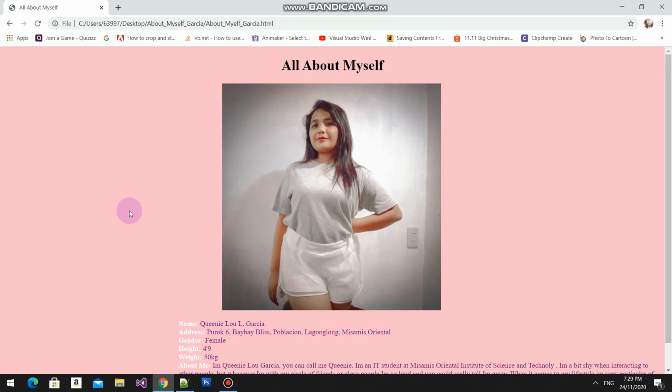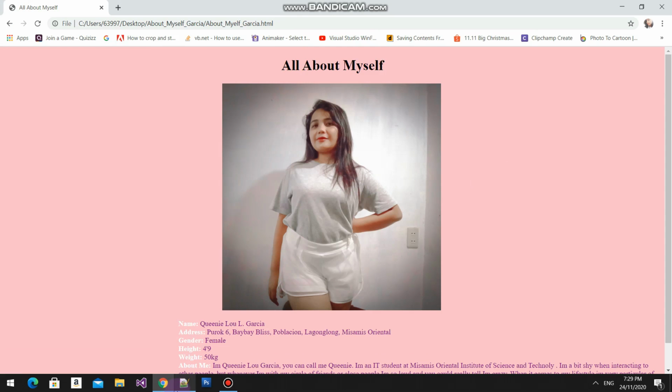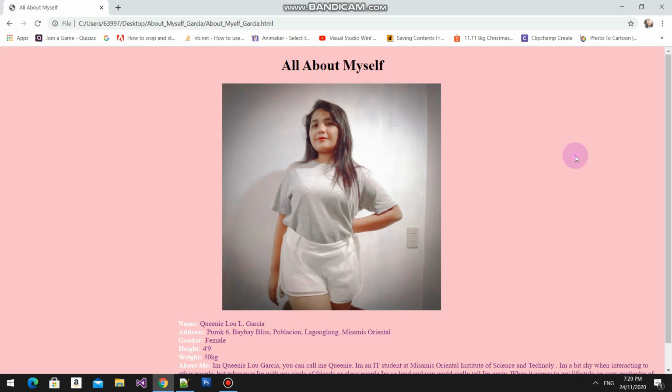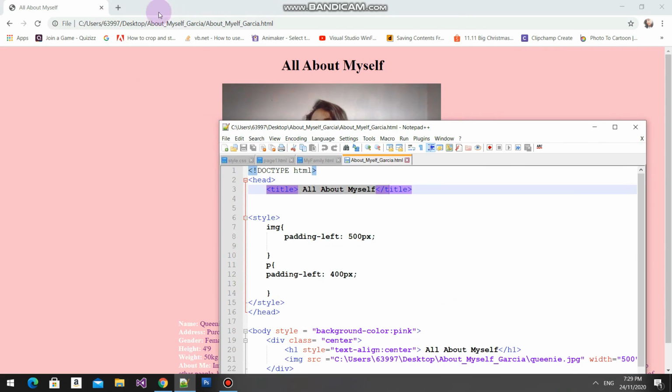So how did I end up with this design? Since it's a basic HTML and CSS code, I only use these tags and elements to come up with this web page design. So here in my code, this is the title. You can see this one here, the upper part of the browser, and then